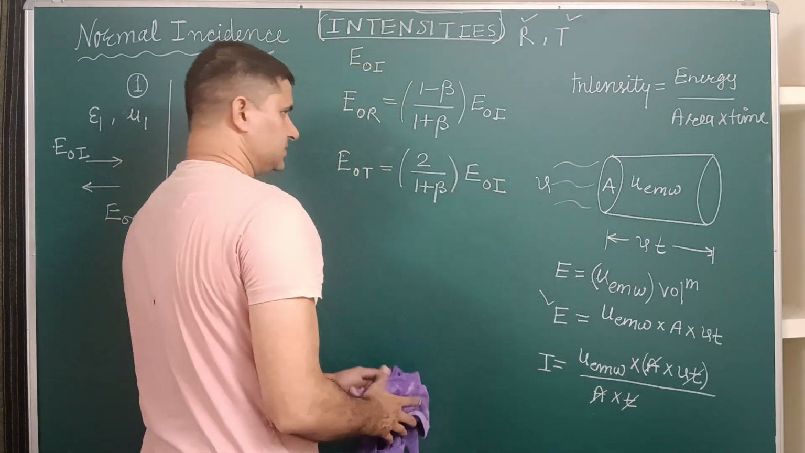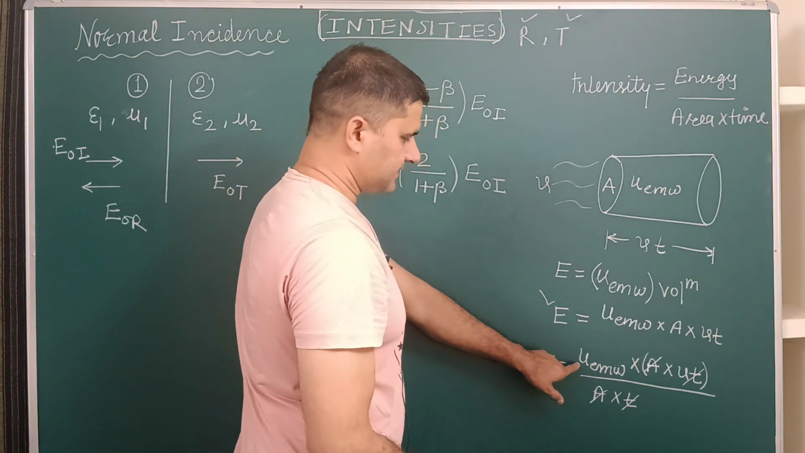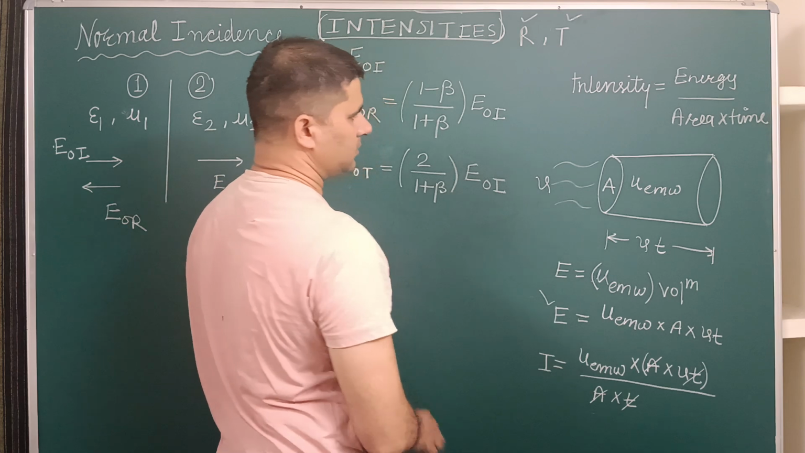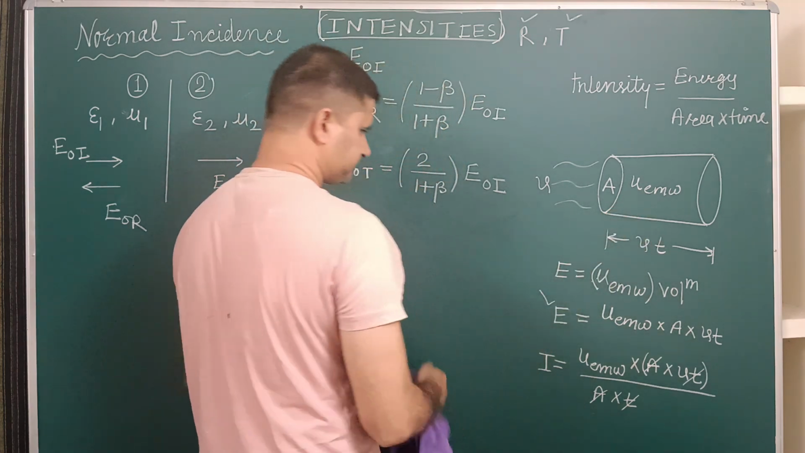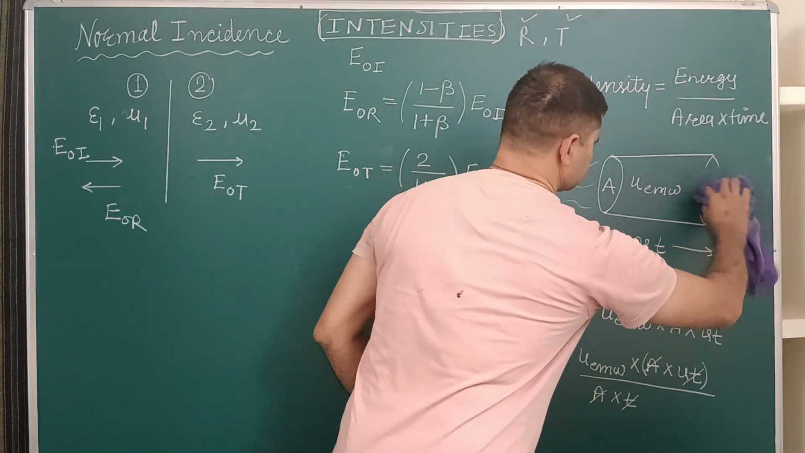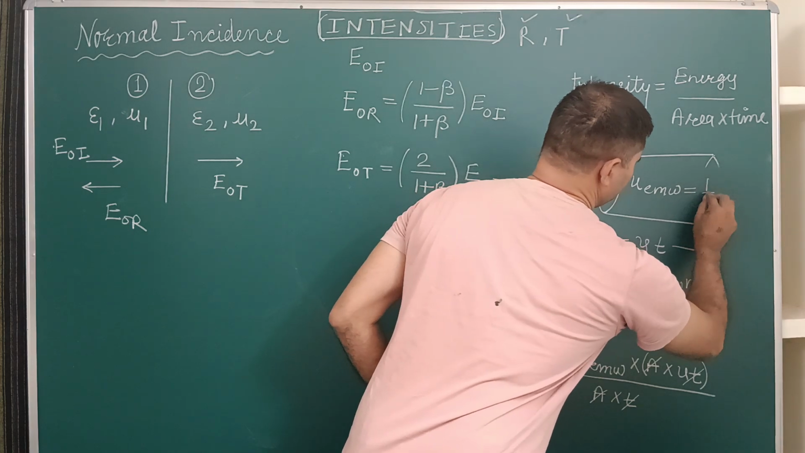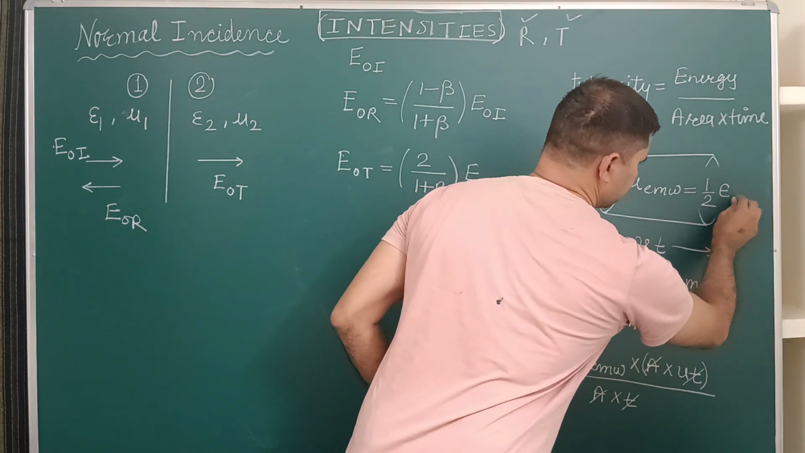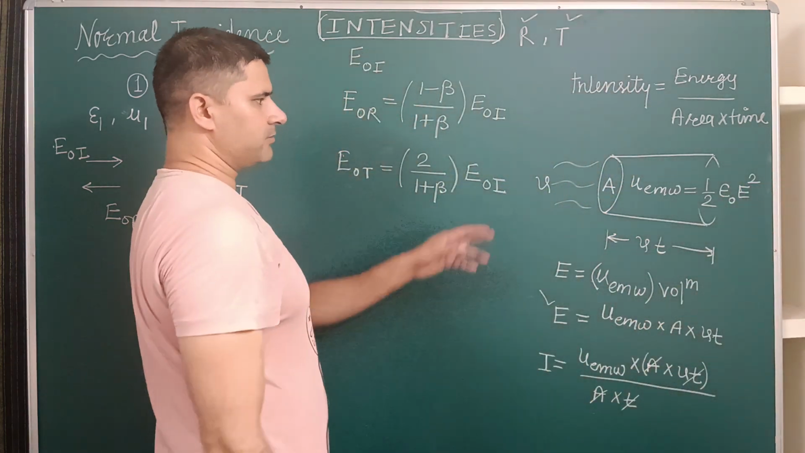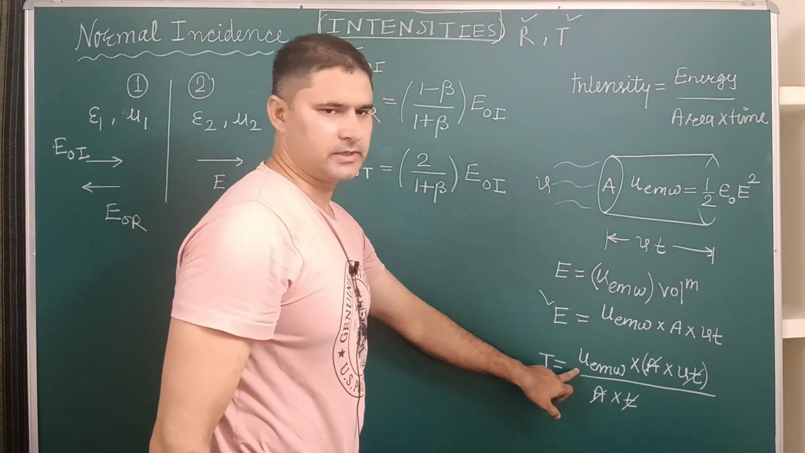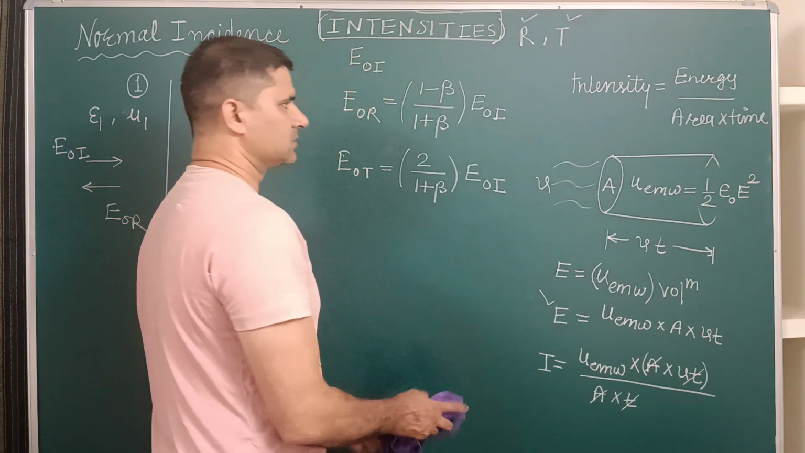Now we have to substitute the value of energy density of electromagnetic wave. So energy density of electromagnetic wave, that is given by 1 by 2 epsilon naught and you have here E square. So I am going to write this energy density here to get the intensity. So the relation for intensity will become, let me erase it,